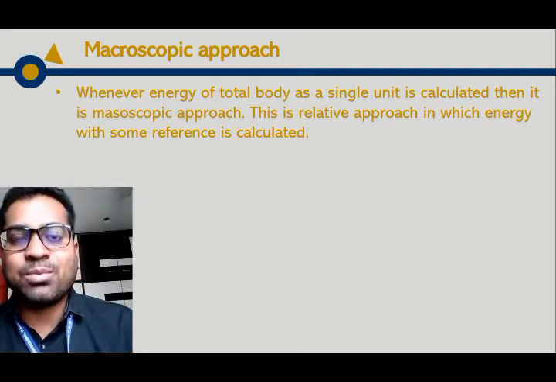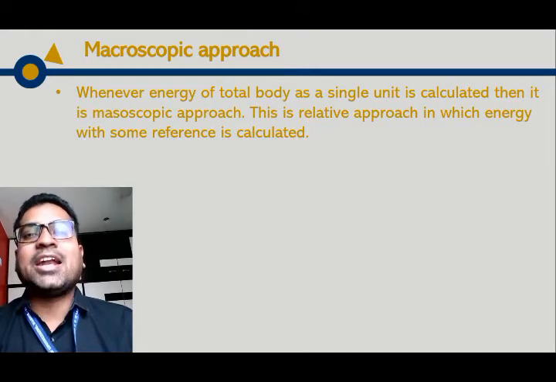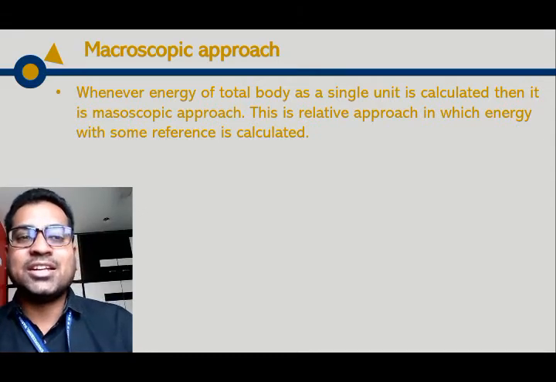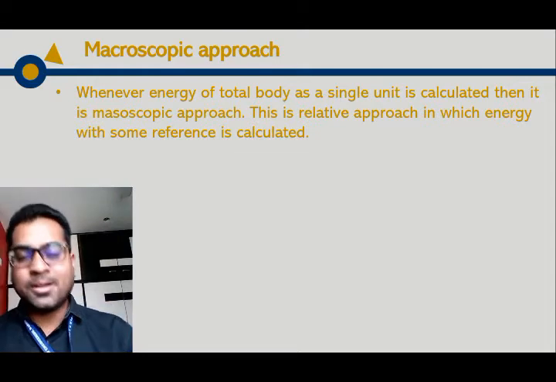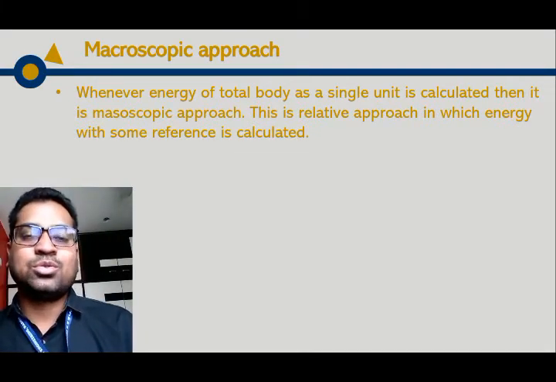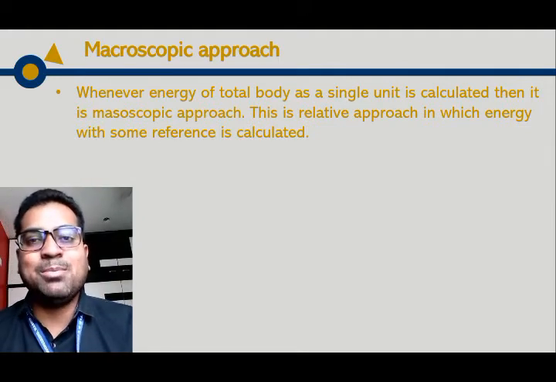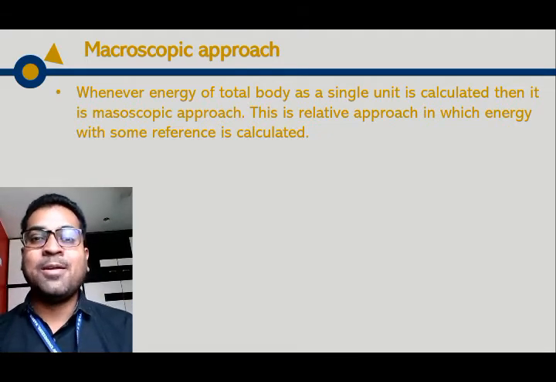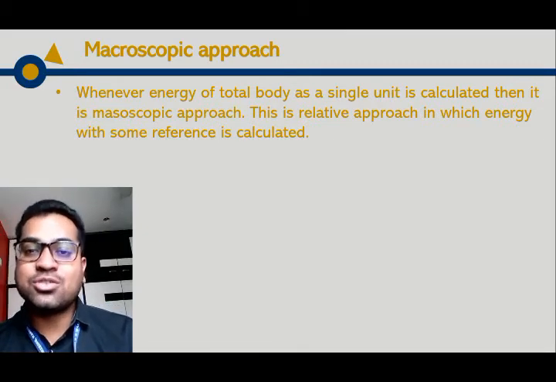It is a relative approach, so we must have certain reference points. While calculating this kinetic energy, the earth is our frame of reference and we calculate kinetic energy with respect to the earth. Then while calculating potential energy, if you have a certain body in the atmosphere, the formula will be mgh, where m represents the mass of that body, g represents acceleration due to gravity, and h represents its height from sea level. So sea level is your reference point.